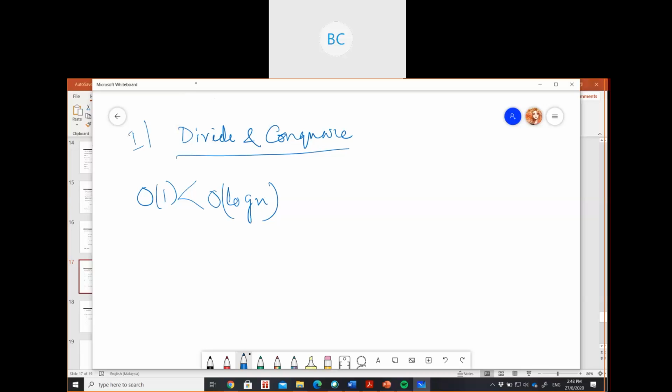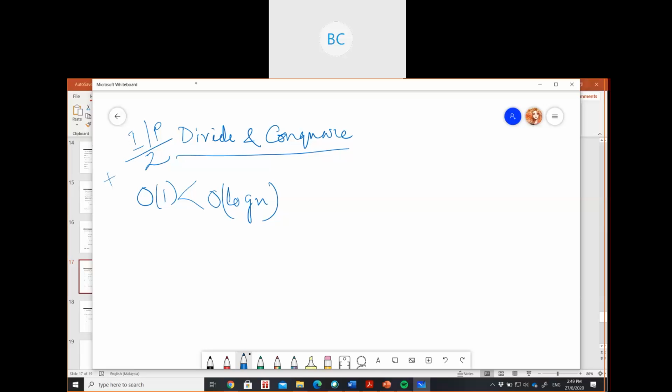After doing that, we search for our element in one half. If it's not present, then we again divide that portion as well. So in every iteration, we divide the array into half. Whenever we follow this rule, divide and conquer, and divide the input size, it is going to take log n time.